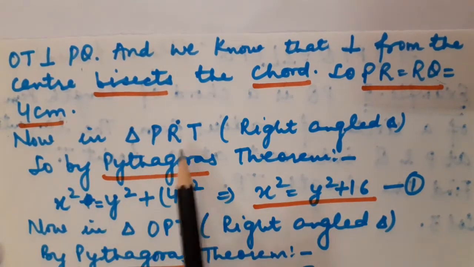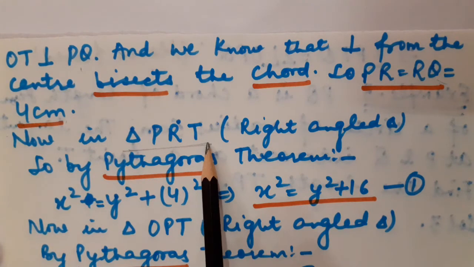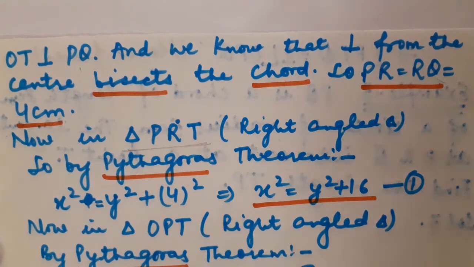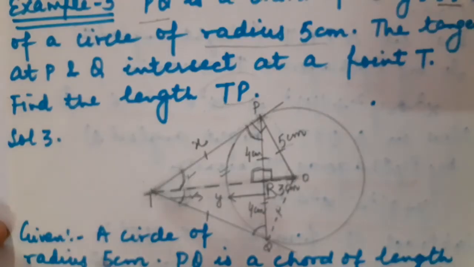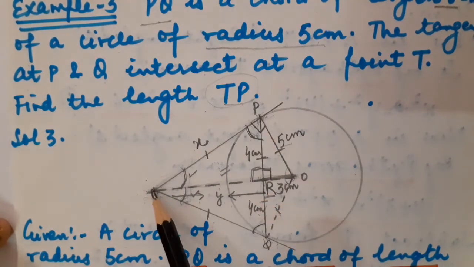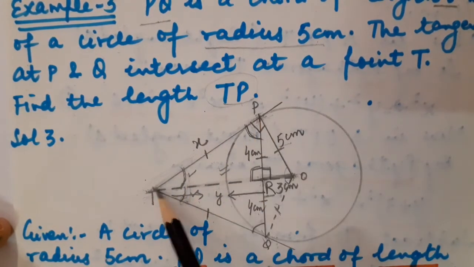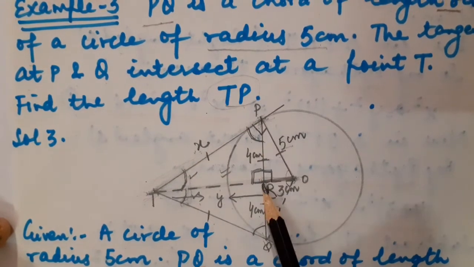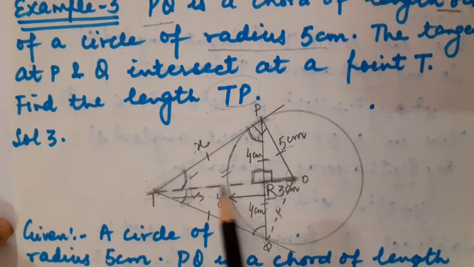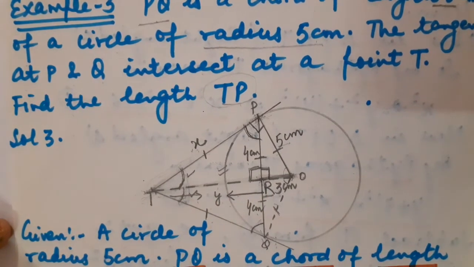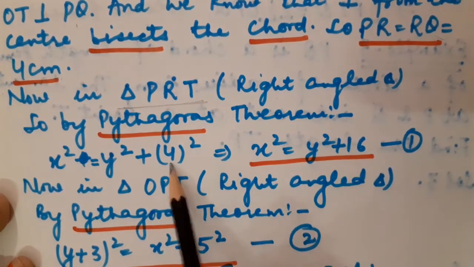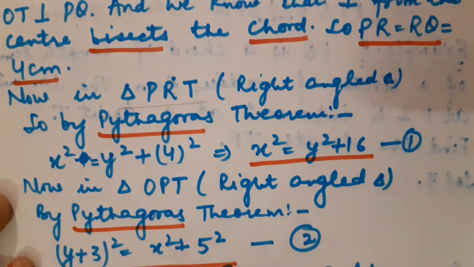Okay, children. Now, as I explained, I am going to take two triangles, both of which have become right angle triangles. First of all, I am going to take triangle PRT. So here is triangle PRT. Apply Pythagoras on this smaller triangle. This is 90 degree. The side opposite of 90 degree will be the hypotenuse. So hypotenuse square means x square is equal to perpendicular square, that is 4 square means 16, plus base square, that is y square. Look, by Pythagoras theorem, x square is equal to y square plus 4 square, that is 16. Let us consider it as equation number 1.